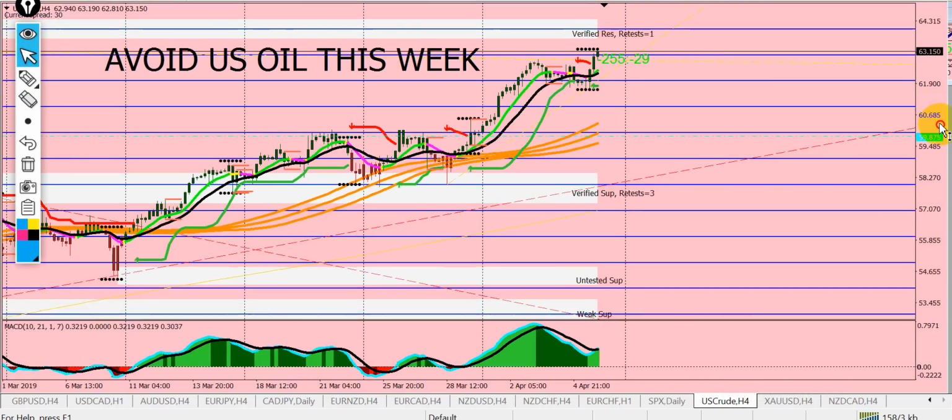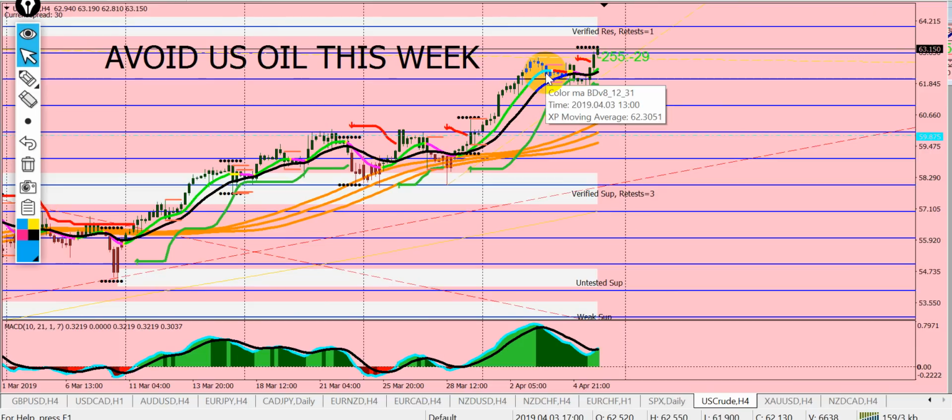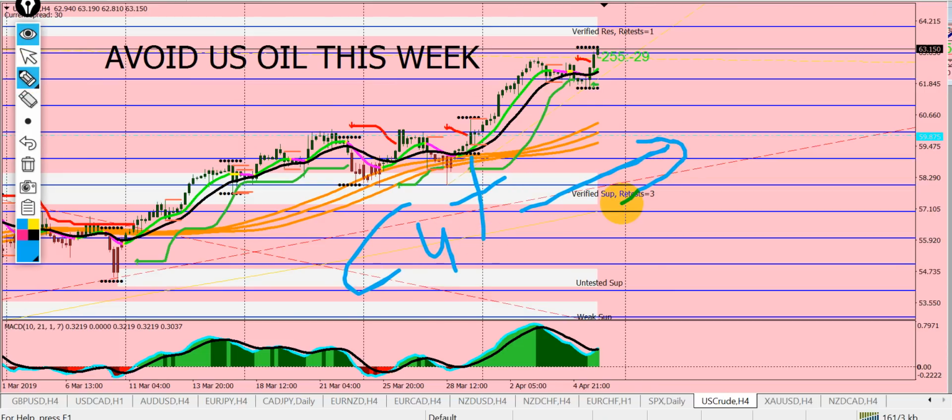USD crude, we forecasted it to come down. It didn't come down, so it did rally up. There is an OPEC meeting next week, so don't trade the oil next week, because if OPEC continues the tone they have, like a production cut, then the oil is just going to run to 66. If they have a smooth tone about balancing and all this, either way probably the oil is going to go up, but we're not looking to buy at this price. We want to wait for the sell.